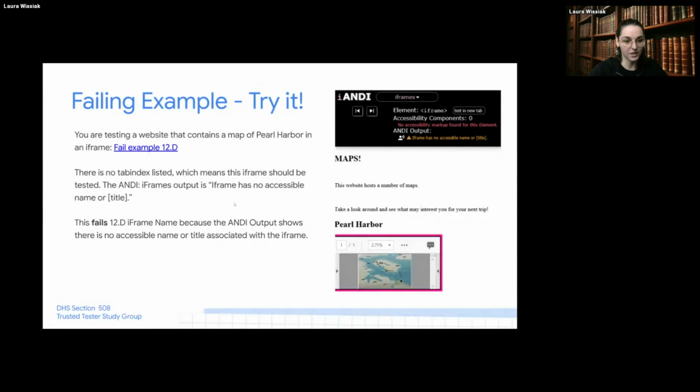So in this case, there's no tab index listed, which also means this frame should be tested. It is supposed to be on keyboard navigation, and it is supposed to be visible. And the Andy iframe output is, again, iframe has no accessible name or title. In this case, it obviously fails because the output shows us there is no accessible name or title associated with this one. And it should also look like this. Instead, it is empty in this case. And that already